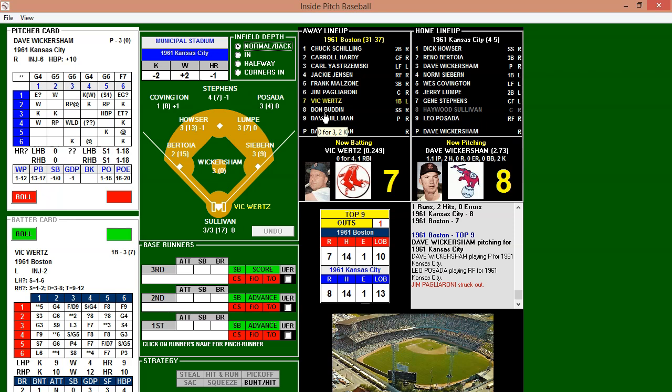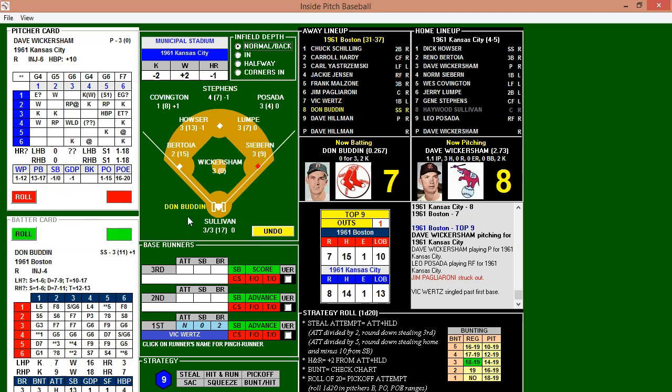Alright, so Wirtz. I can't remember how we got on, but we're going to put Wirtz at first. Yeah, I'll just put Wirtz at first. I can't remember, did he walk? I don't remember. But that's okay. Let's see what happens here. 5-4. We'll just put him on. Is there a single? I'll just give him a single. Okay, he's on first. Anyway, now we'll pinch hit for him. Sorry about that.